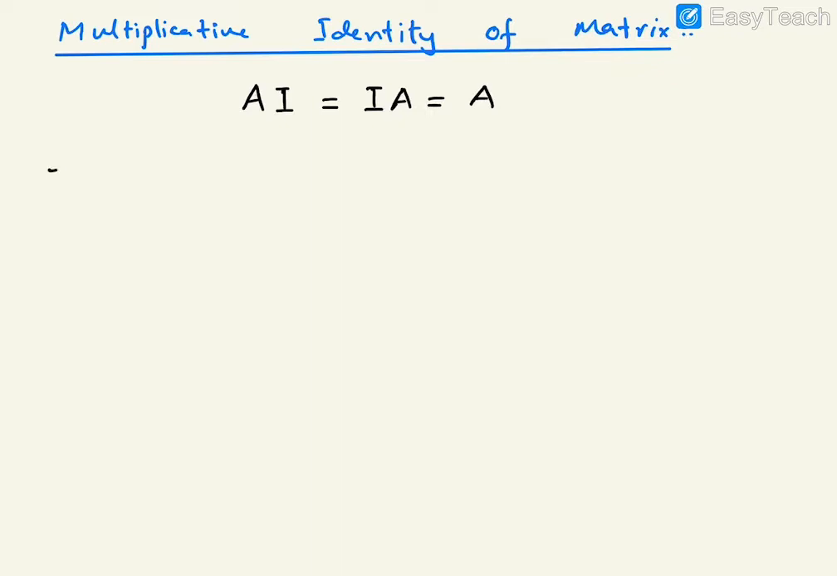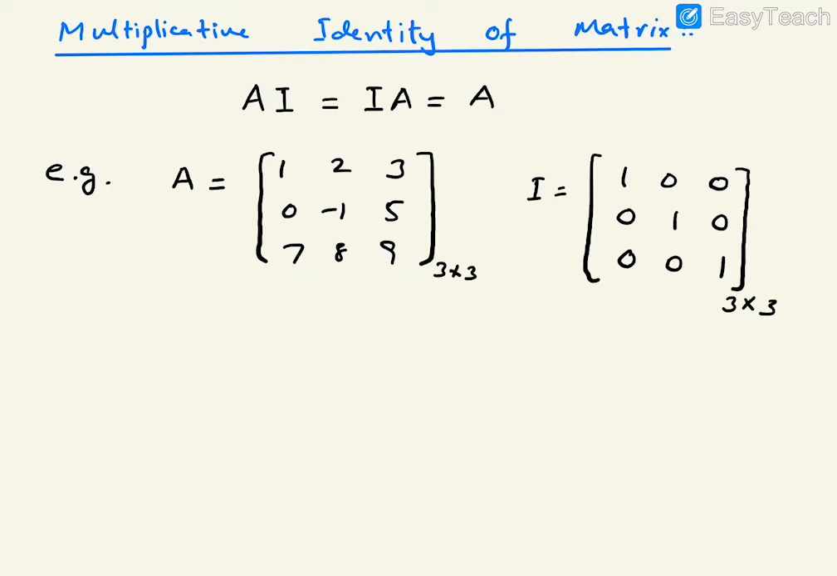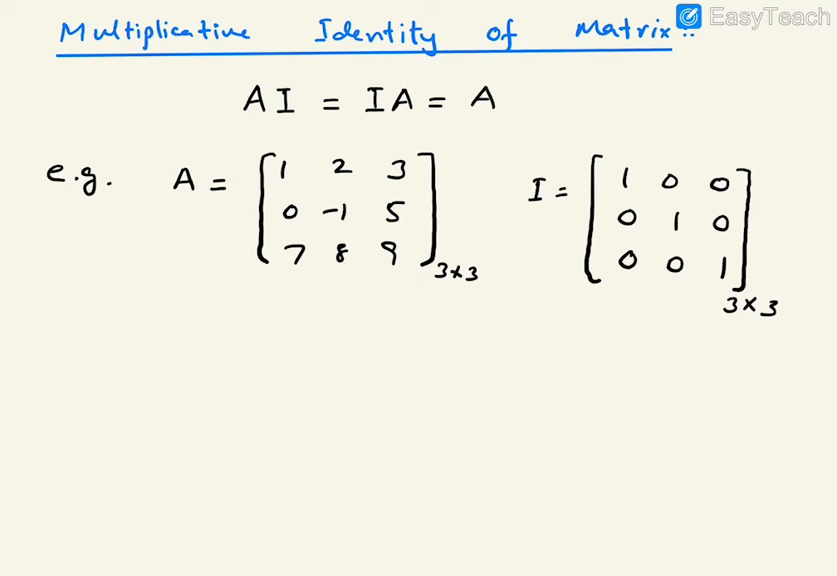For example, we have A equal to 1, 2, 3, 0, minus 1, 5, 7, 8 and 9. Now if you multiply this one with I, you have to take I of the same order. A is 3 into 3, so I also take 1, 0, 0, 0, 1, 0, 0, 0, 1, 3 into 3. So AI will be